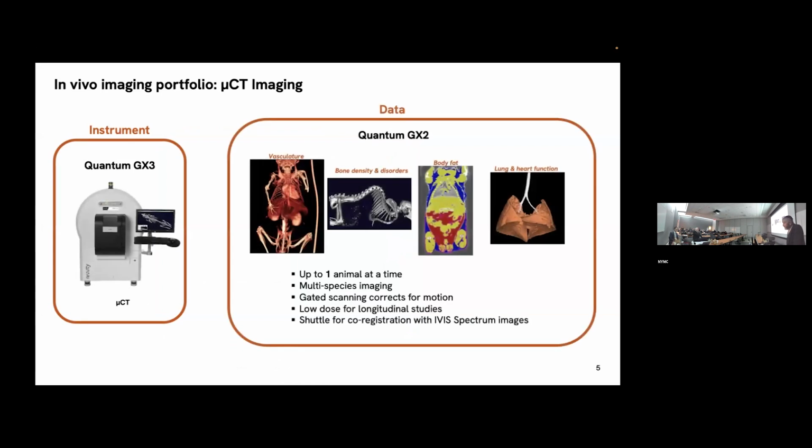So the in vivo imaging portfolio that we have, and we have this kind of machine at New York Medical College, the Quantum G3, is sophisticated enough, but the resolution becomes so important that you cannot have 10 animals at the same time. It's up to 1 animal at a time. It's a multi-species imaging. Here you have the lungs, you have the kidneys, you have the bone that can be done,